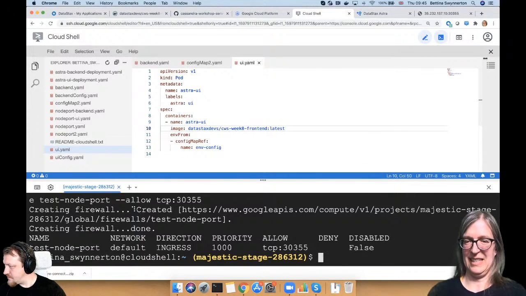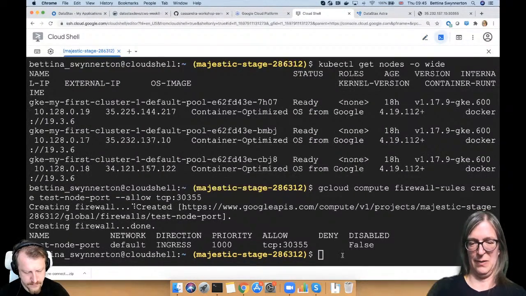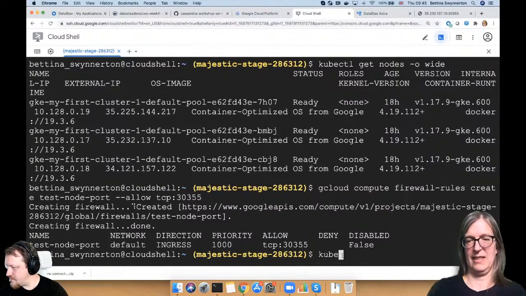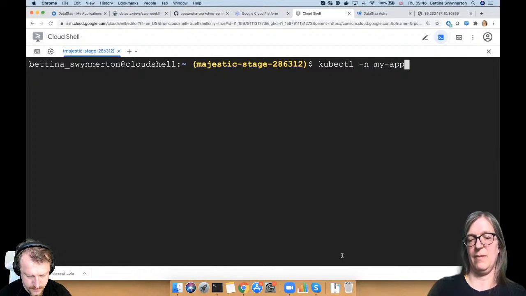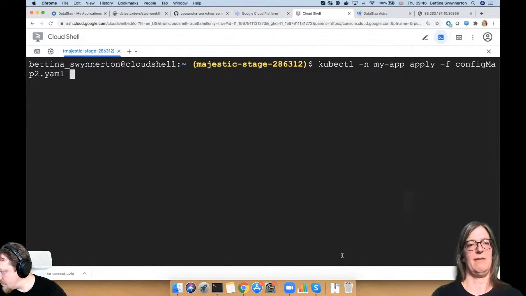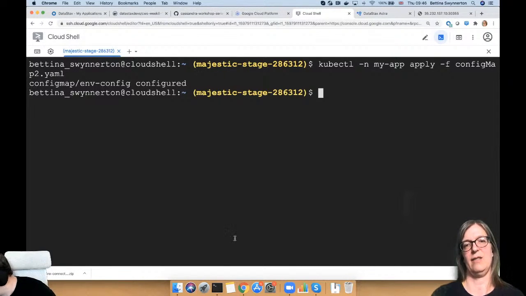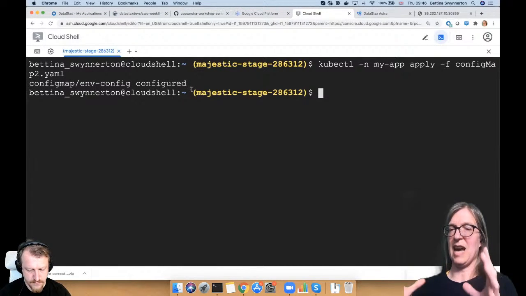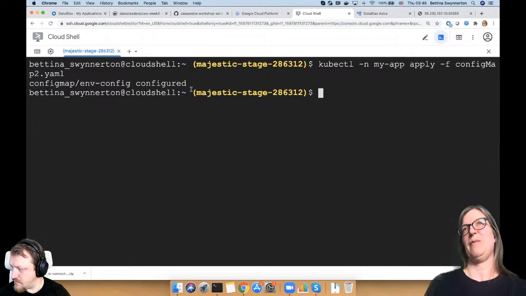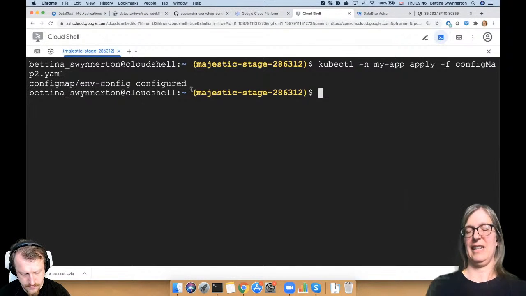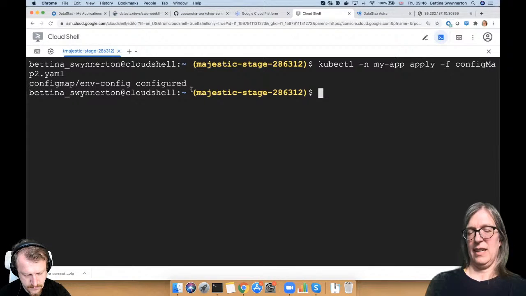So let's do that here. kubectl -n my app apply -f the config map, and you will see something like reconfigured or configured, right? Because it's not the first time that we applied, we updated it, and that doesn't bother our backend pod, right? That's up and running, and now we do the other one.